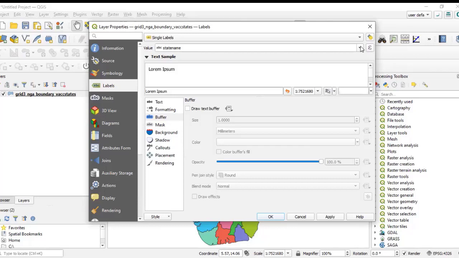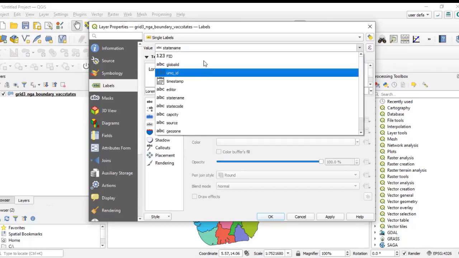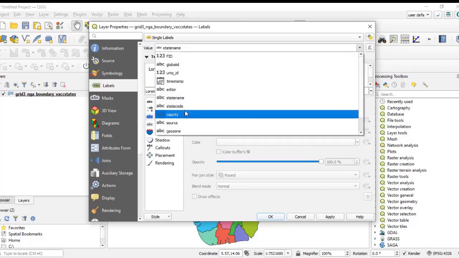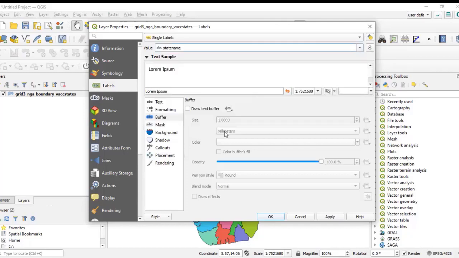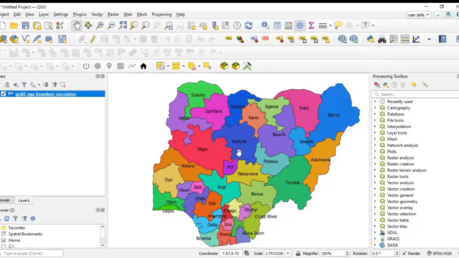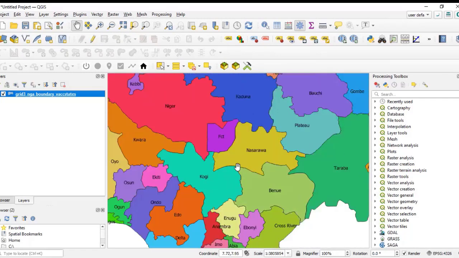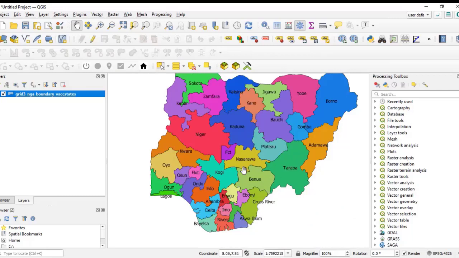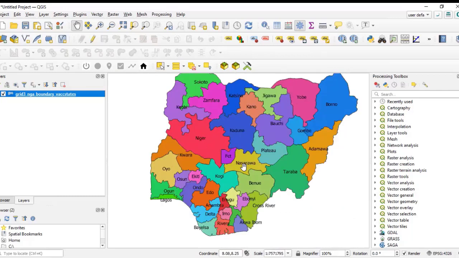We have information in the attribute table, but we want to label it with the state name. So I'll click apply, and then I click OK. So you see, this is a map of Nigeria with the categorization showing all the local governments with different colors. Okay, so having done that, we'll now take this particular map to a composer,